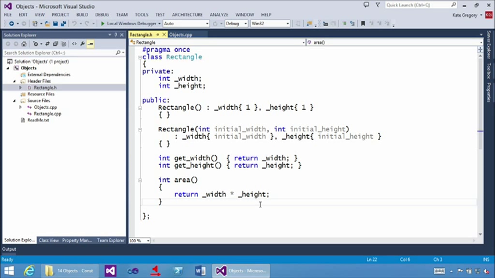But as you saw, the implementation for this function might not even be in the header file. And there has to be a way to tell the compiler, you know what, area does not change any of the member variables of rectangle. And that way is the const keyword. If I add the const keyword right here,